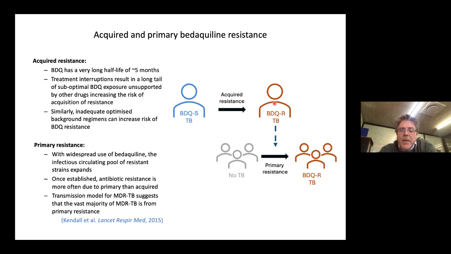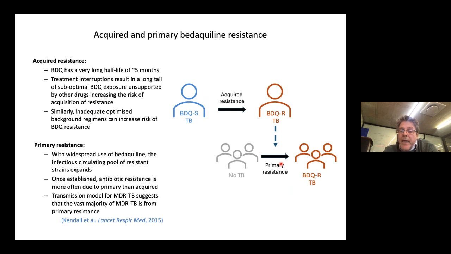Of course, primary resistance is a different mechanism, and that is when a person who has bedaquiline-resistant TB transmits it de novo to a person who previously did not have TB, and that person is infected with a bedaquiline-resistant strain. And what we do know is that with the widespread use of bedaquiline, or any other agent for that matter, the infectious circulating pool of resistant strains expands. And once established, antibiotic resistance is more often due to primary